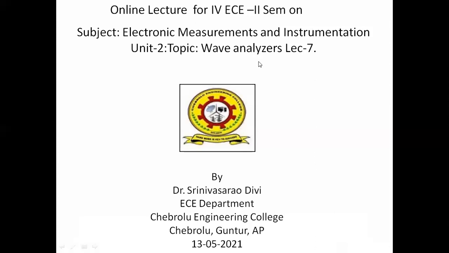To analyze signals in the audio frequency range, we can use the frequency selective wave analyzers. To analyze the signals in the radio frequency range and above, in the megahertz range, we have to use heterodyne wave analyzers.